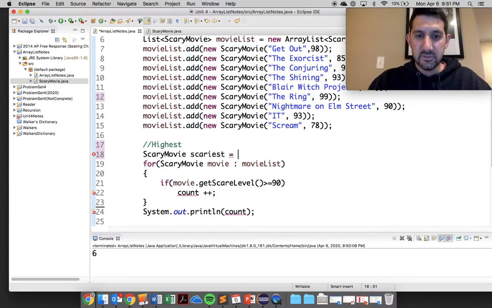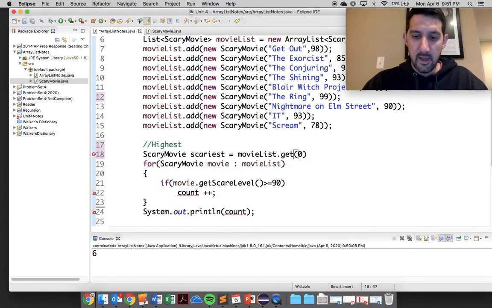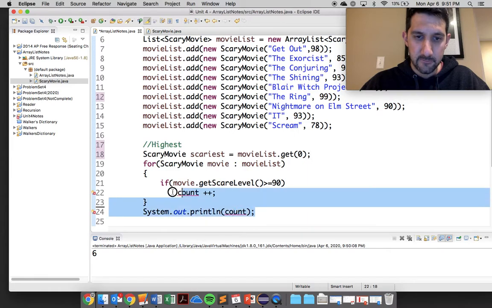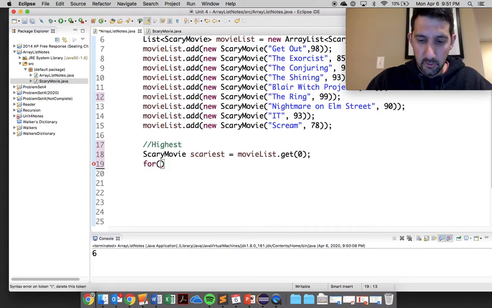And I am going to set that equal to the first one always. So I'm going to do movieList.get(0). So right now I am assuming that the first movie is the scariest movie. And I just have to run through all of these and see if any of these are scarier than that first one. So once again, I can do a for each loop, for every scary movie in the movie list,